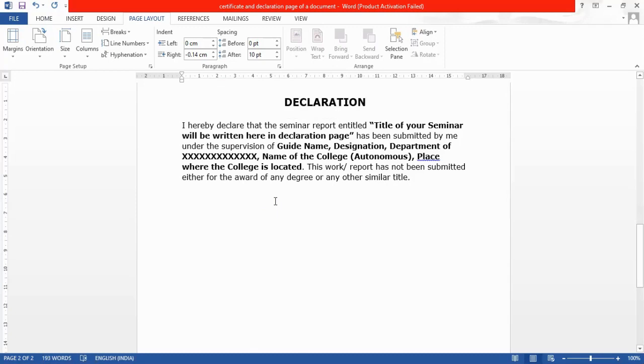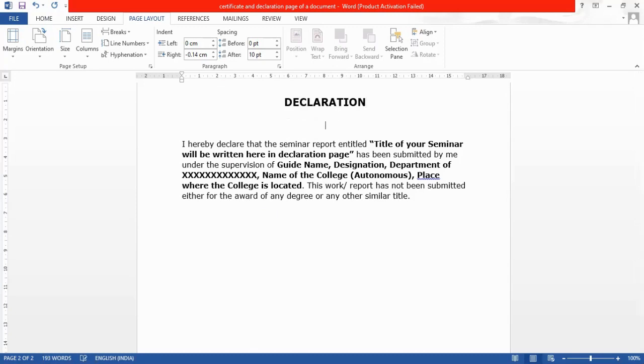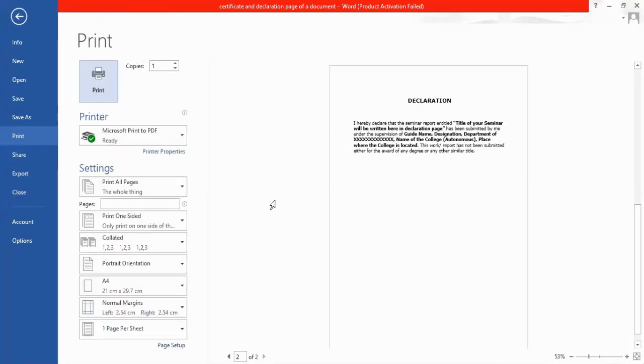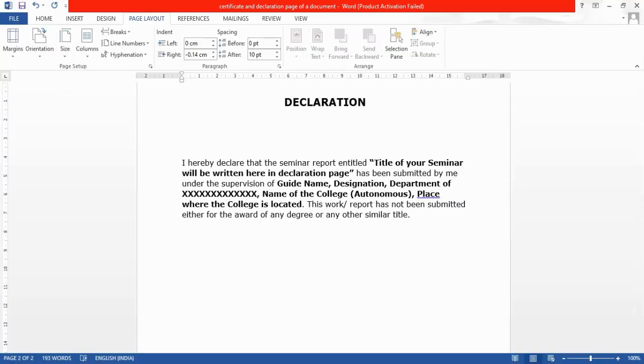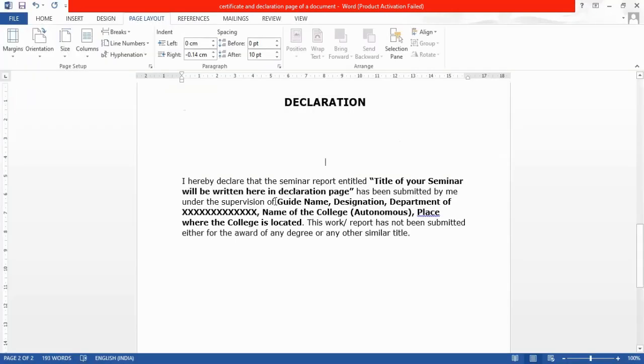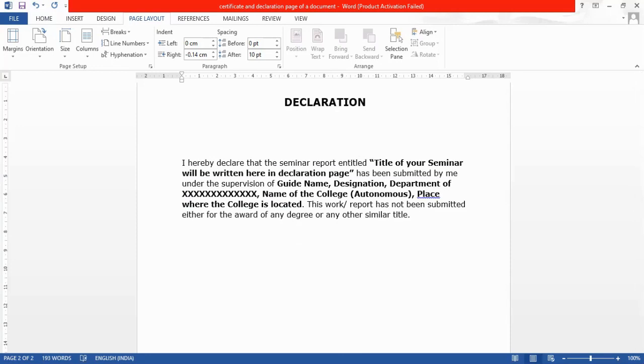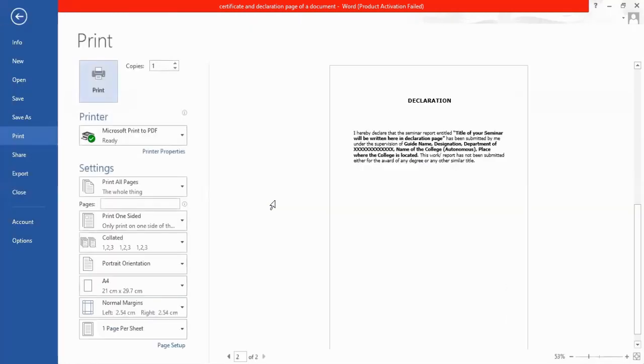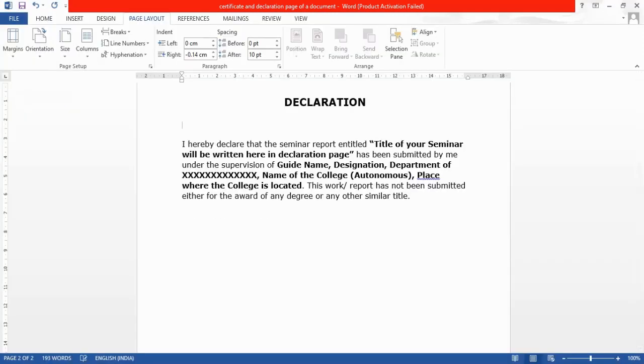Still, even if you want to specify one more line gap, then you can press enter. So that is enough. Now when you see the preview, the line gap between the declaration heading and the content is enough. If I specify 2 more line gaps, when we see the preview, it looks odd. Even if I remove 1 line gap and maintain 3 line gaps, it looks odd. So I need to maintain only 1 line gap after the declaration. Then after that, when you see the content, it was not aligned properly.